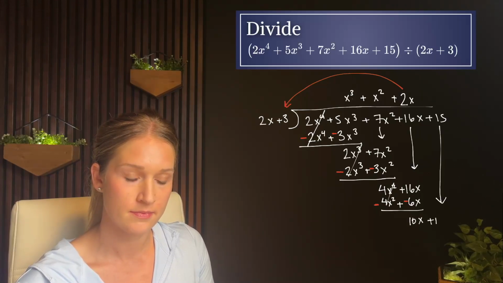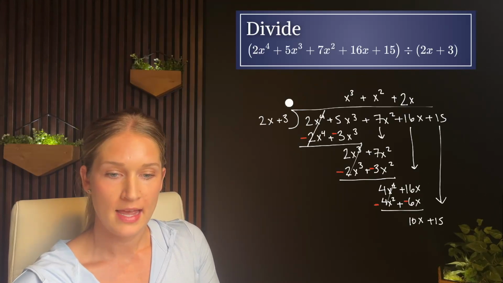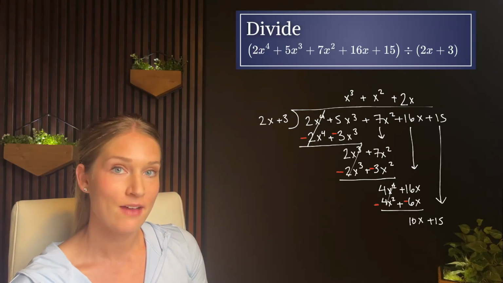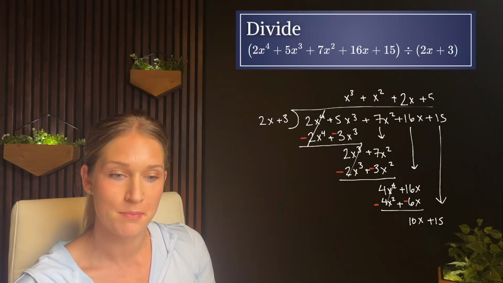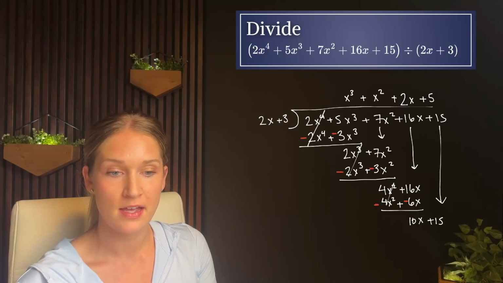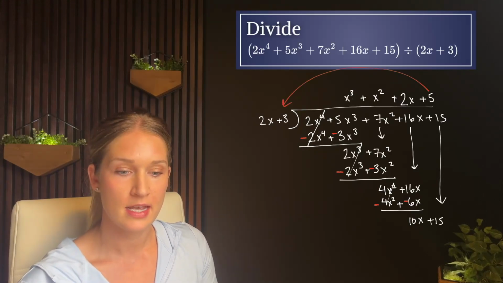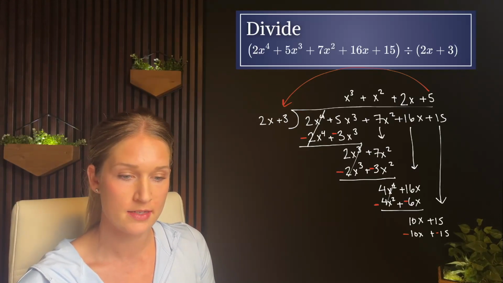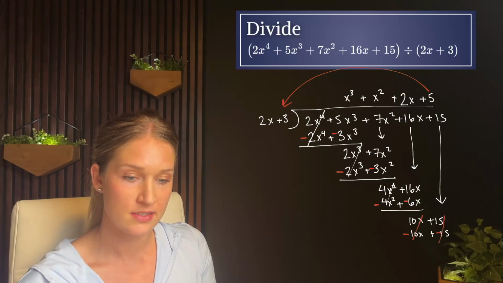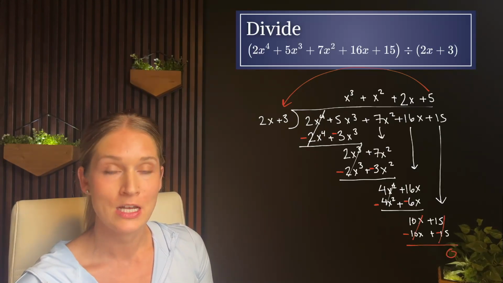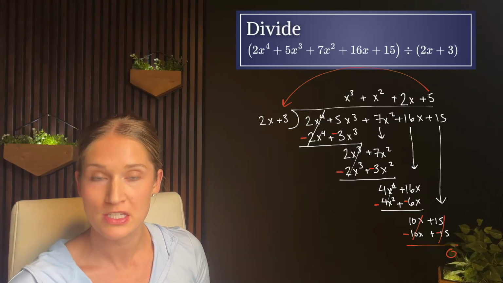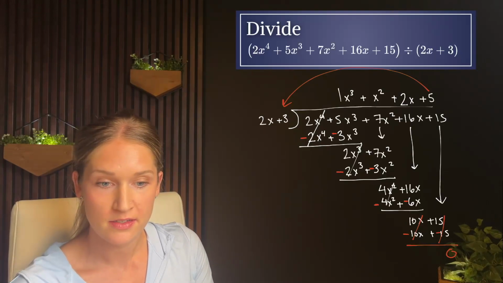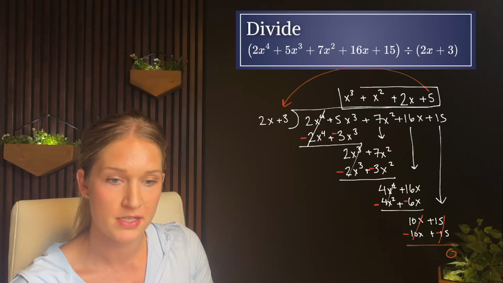My last step is to decide what do I multiply 2x by to get 10x. Since I have all the variables I need, I just need to multiply by a positive 5. I take that positive 5, distribute down to get 10x plus 15, which is perfect because when I subtract, the 10x's cancel and the 15's cancel, leaving me with a remainder of 0, which means this divides perfectly and our 2x plus 3 is actually a factor of our original polynomial. So then our quotient, or our final answer, is this x to the third plus x squared plus 2x plus 5